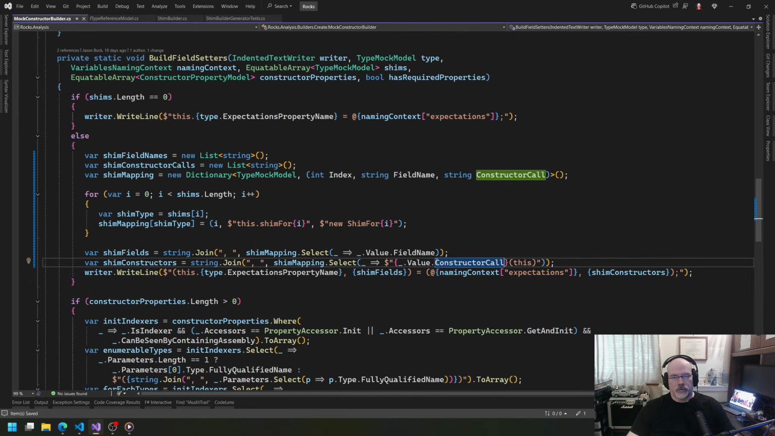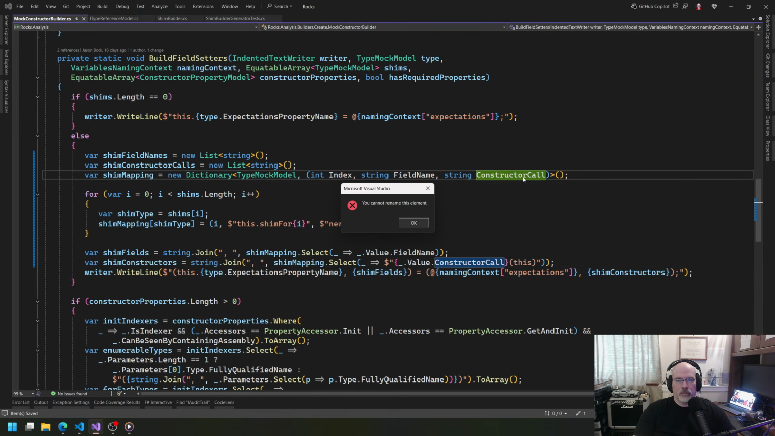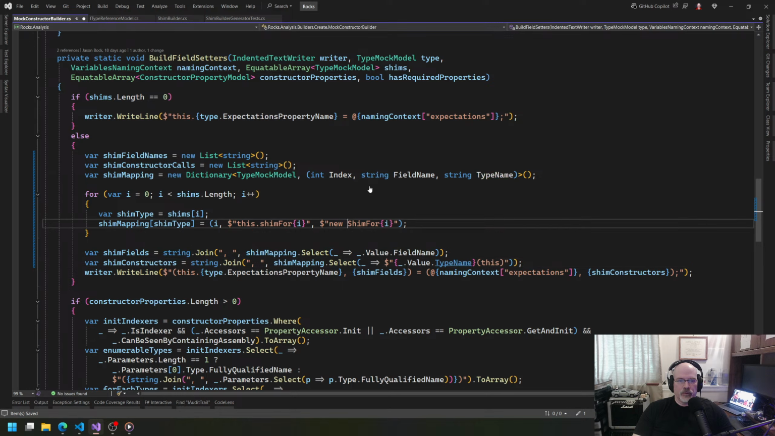And then actually let's change this to fine, type name. We're going to say it's shim for I. Okay. And then we'll say new here because that's what we want. Now,